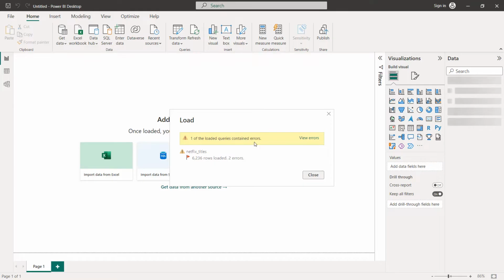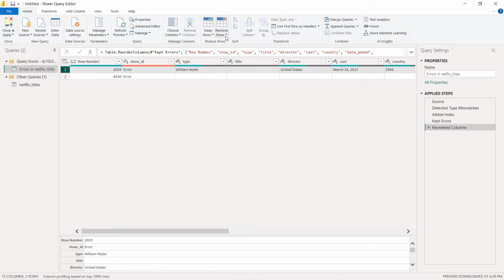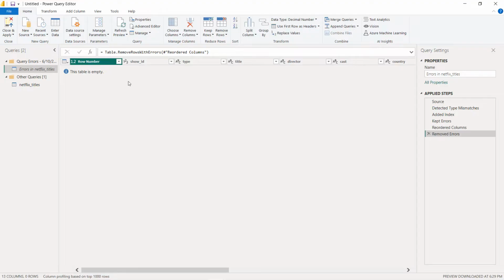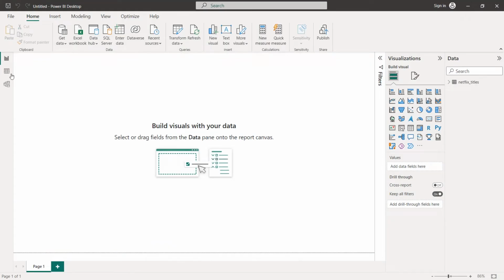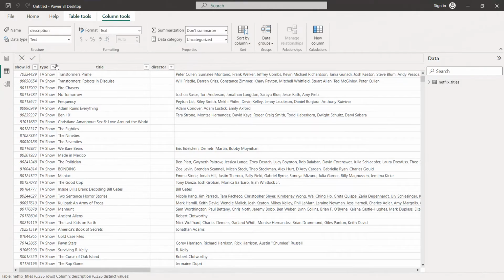As you can see here, we have errors, so we click on view errors. So you can click on remove rows and remove errors. Okay, now we go back to our report. So we close this one. Yes, and here we have our data. So now we click on report,